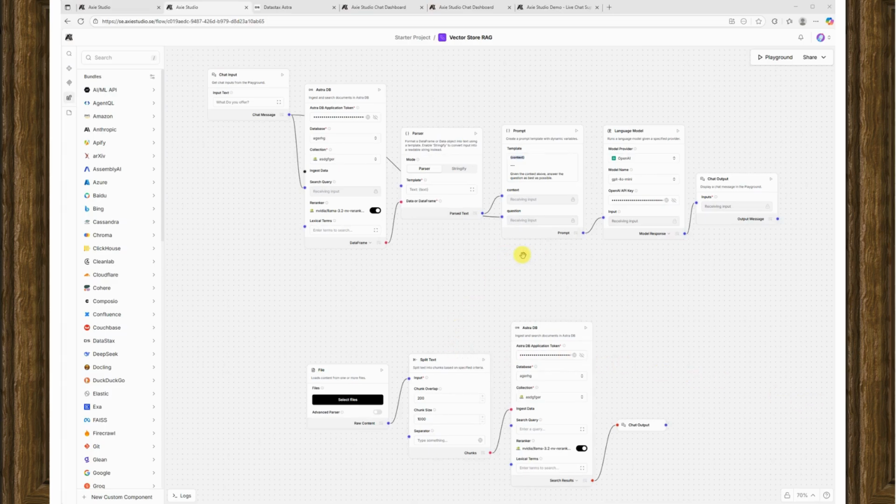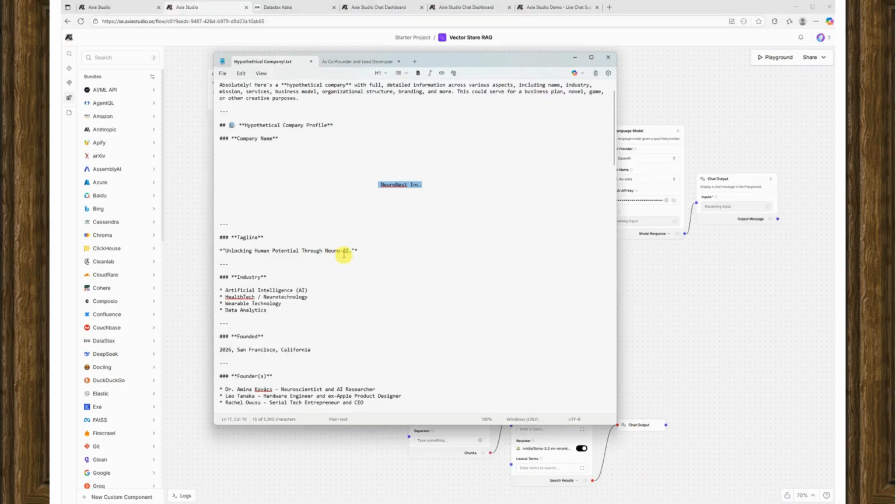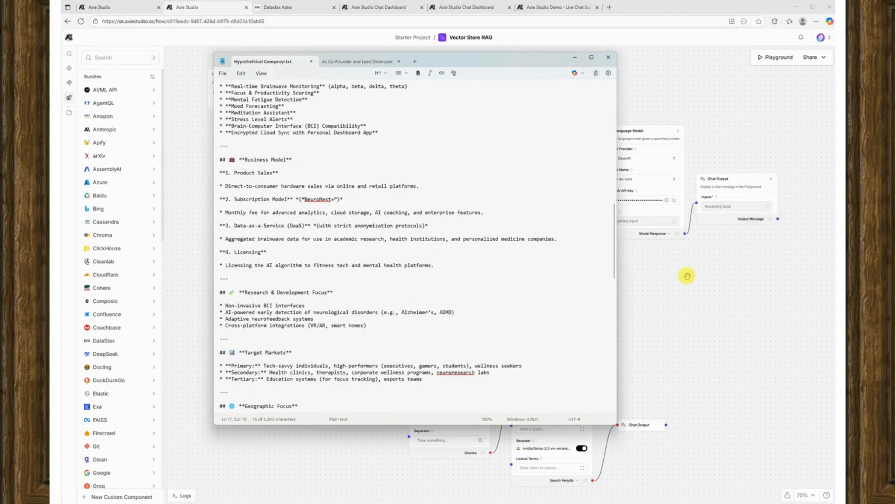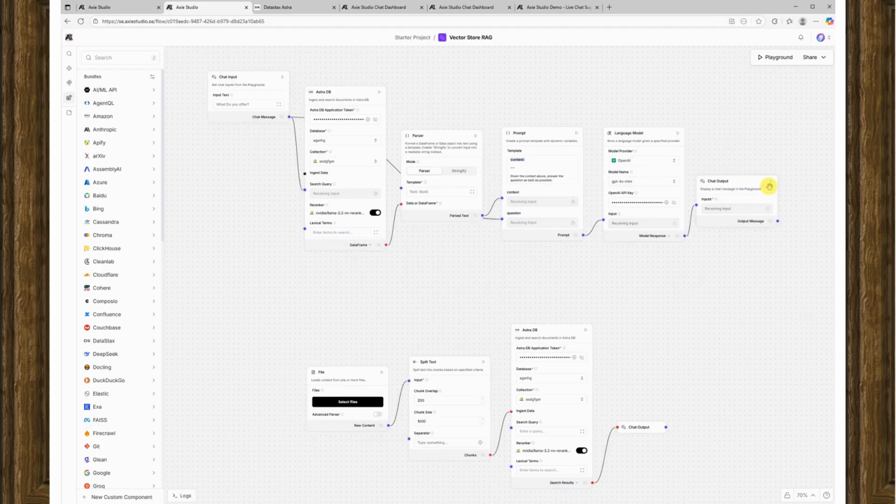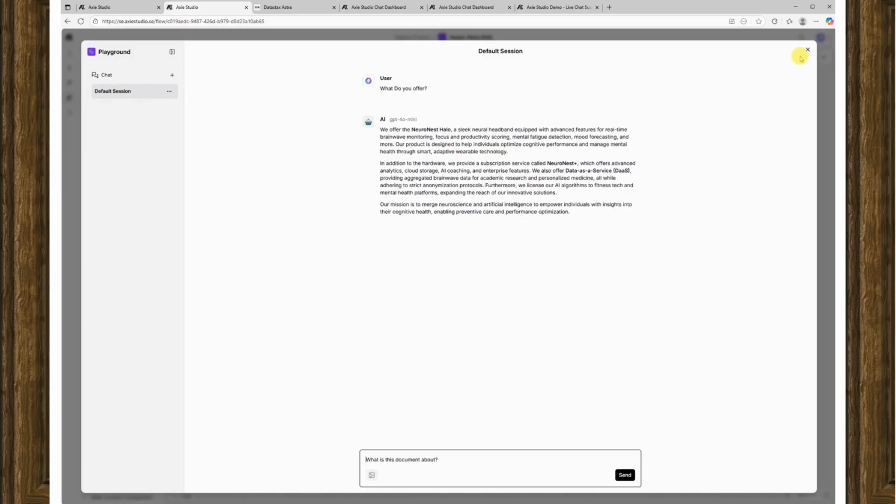So this right here is a simple drag-based system, and we expect our chatbot to respond with, of course, our company's data. We can run the flow, and it's checking our vector store. And here we go, the AI is now outputting a response. And if we go to the playground,